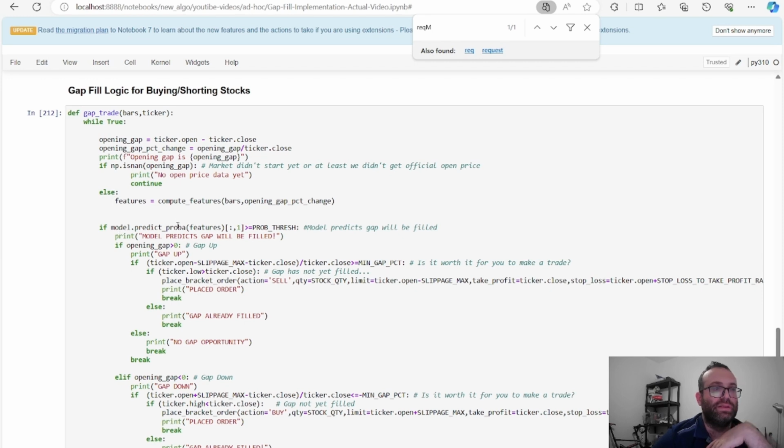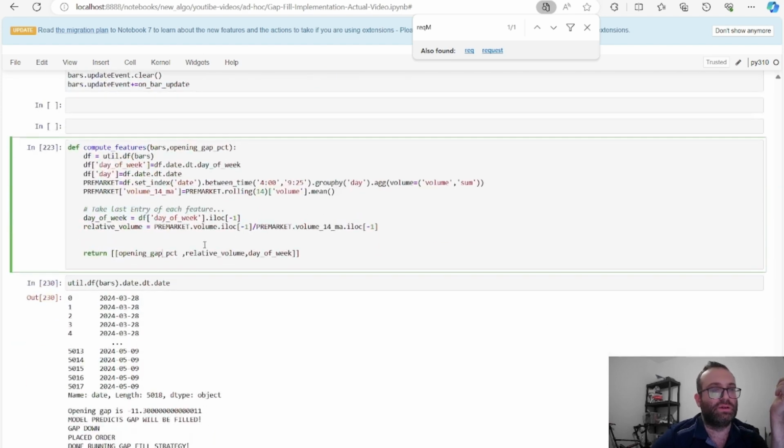And then that gets fed into this model that does predict_proba. And then it gives you a probability. In our case, it's always 1 because it's the dummy model. And then that's the logic. So anyways,